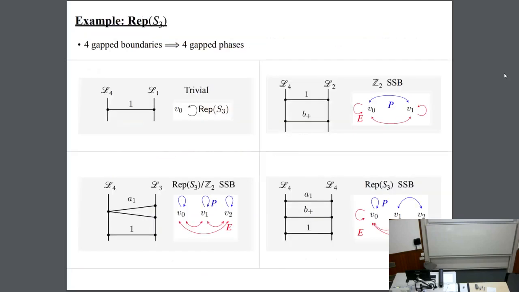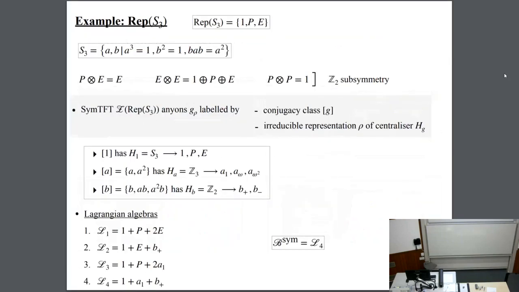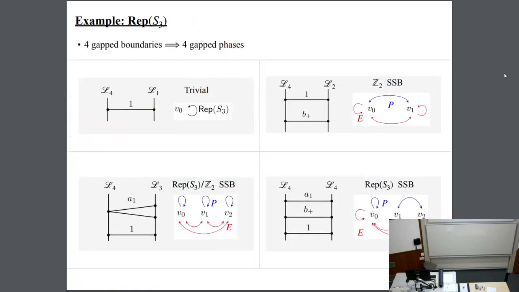And then, since I know that there are 4 Lagrangian algebras, from our framework we know that there are 4 gapped phases. These are precisely the 4 gapped phases that Laksha mentioned. So notice that in this SymTFT picture that I'm doing in just 2 dimensions, I keep this boundary fixed, L4, to be the boundary that gives me Rep S3. And then I can change the physical boundary using L1, then L2, L3, L4, and I get all the Rep S3 symmetric phases in this way.